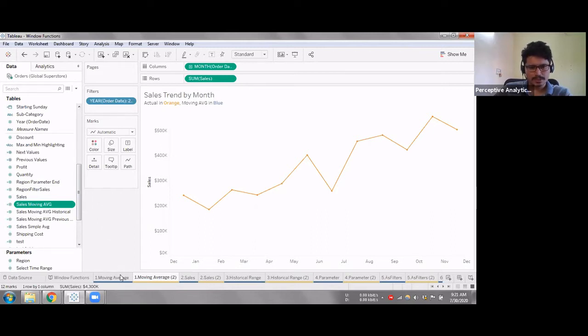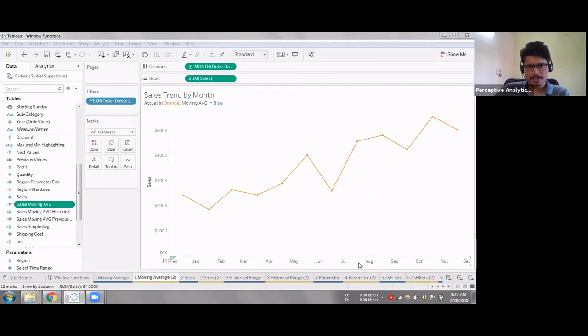For this first activity, the visualization on the screen is a simple one.